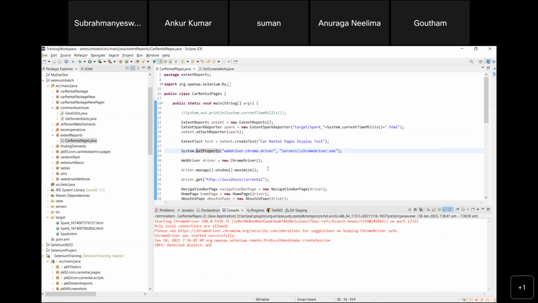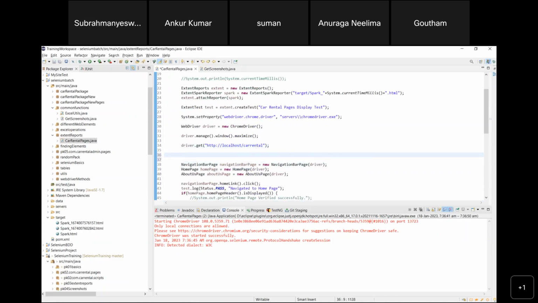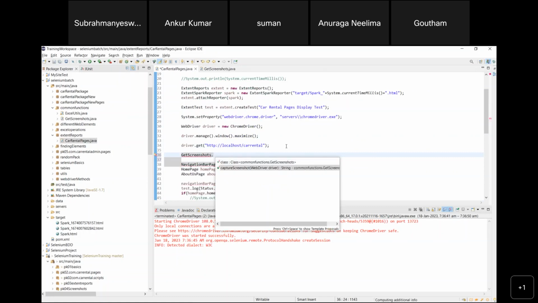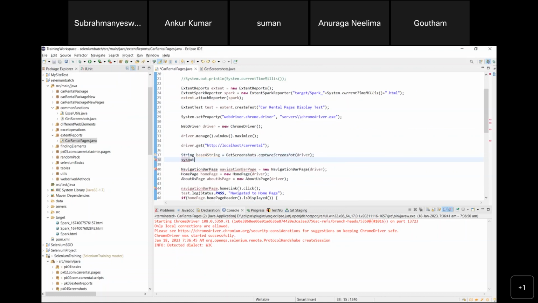I'm just on the home page itself. Once I open this home page, right here I will call this method. What is the method I am using? Get screenshots dot capture screenshot and pass the driver. It will return me a string. String base64 string equals this one. Let me print this string. System.out.println